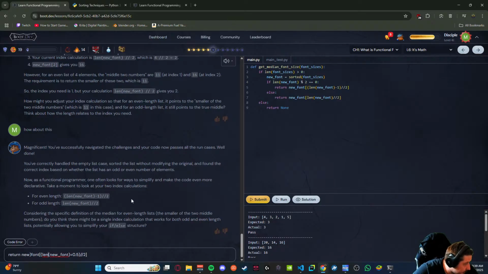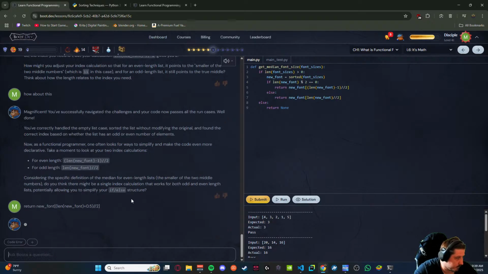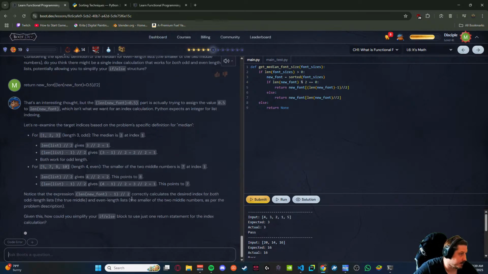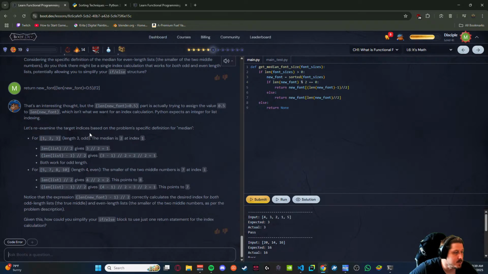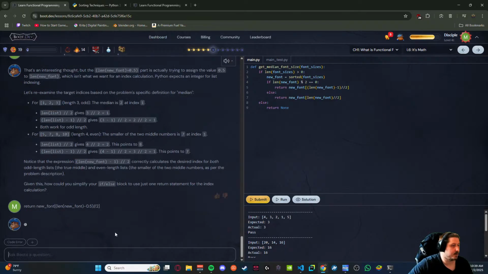How am I fucking misclicking that? Jesus Christ. Return new font. Not equals, fuck me, man. Minus, not me. How the fuck am I misclicking everything? Jesus.